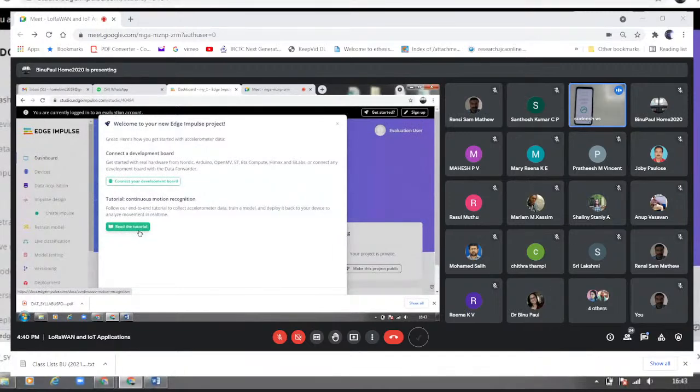You can see that it says connect the device. Go to Device. There is a connect a new device icon in the device tab. If you go to the device tab, this will be connect.